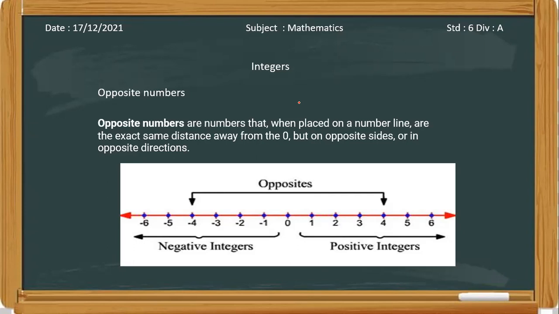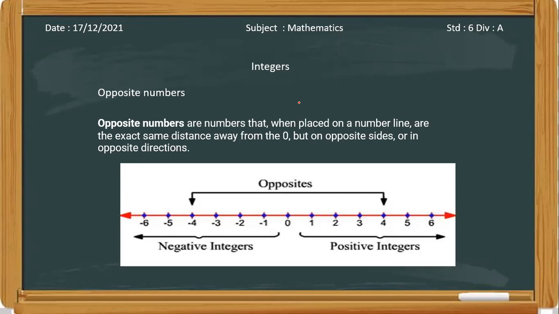So change is inevitable. We should not take this in a negative way. We should take it in a positive way and do good work in this change also. We should improve ourselves and adapt ourselves to the change. Just like negative numbers, when the sign changes, their value changes, but the distance remains the same. They are adapting to the surroundings. So these are opposite numbers.